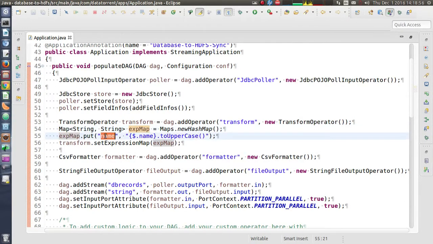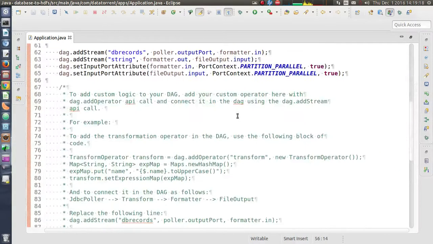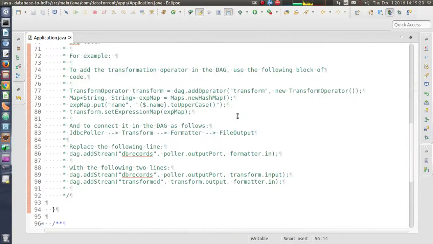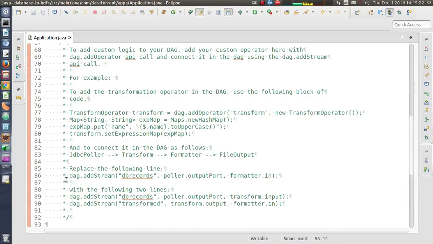In this expression map we have said that the field name should be transformed, and the expression used for the transformation is to convert the name field to uppercase, and we have set this expression map onto this transform operator. And now we have added this transform operator in between.